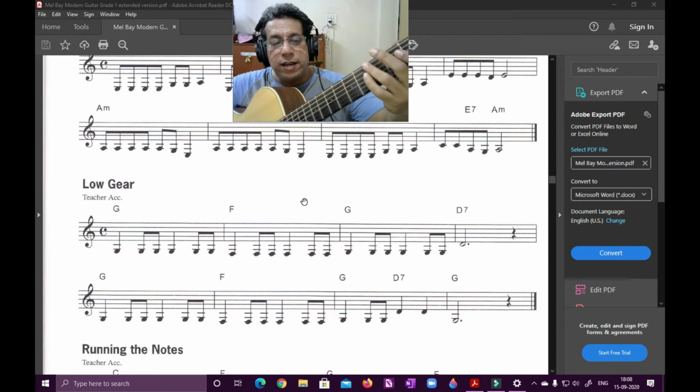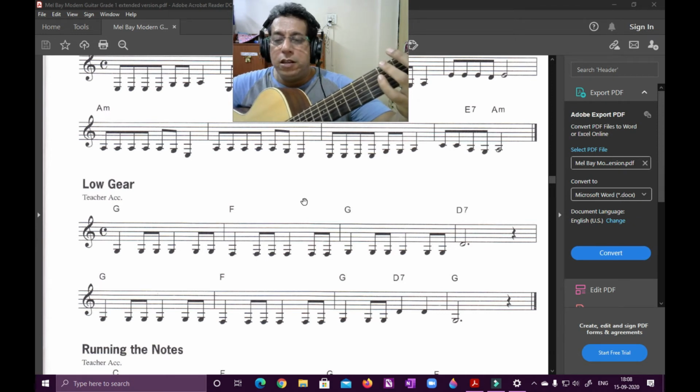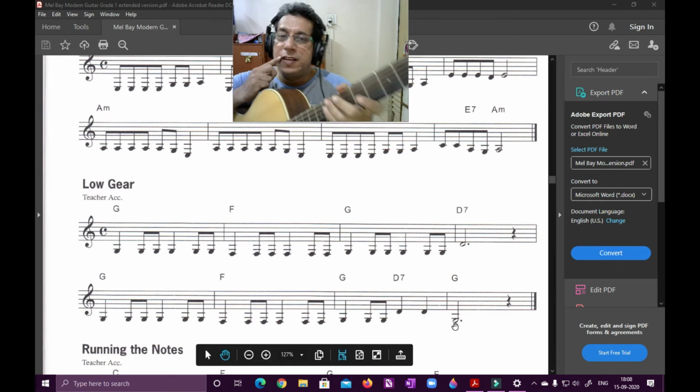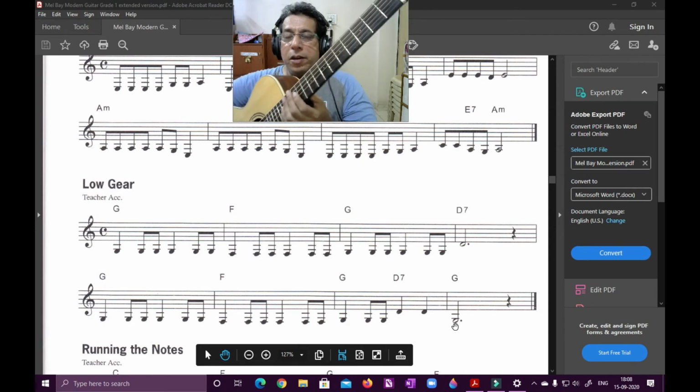Continue. Second line G, G, G, G, G, G, G, F, F, F, F, F, F, G, G, G, D, D, G. Okay. This last note G is a dotted minim, which is three beats.